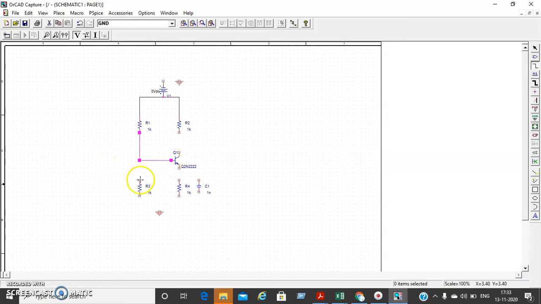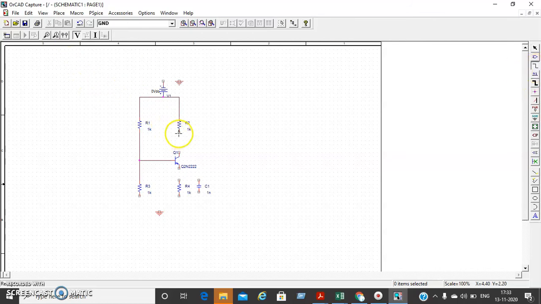Clear? If the connection is not proper, definitely we will not get the required output. If you have an extra wiring connection, double click the wire, press it, and give delete. Is it clear?